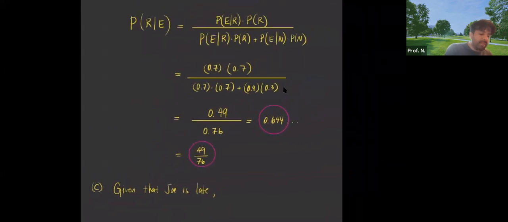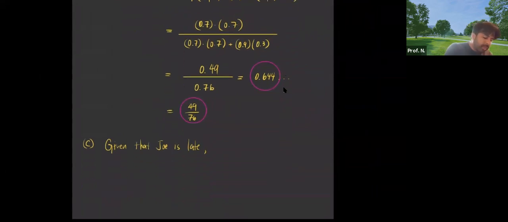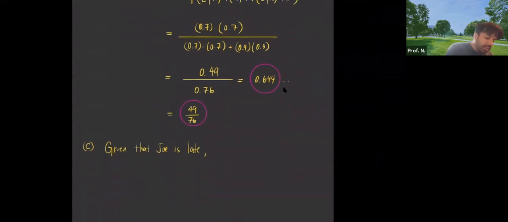So please be mindful, guys, as it's very easy to confuse the decimals. Just make sure you are consistent with the different probabilities. Okay. So now let's do this last one. Given that Joe is late, find the probability